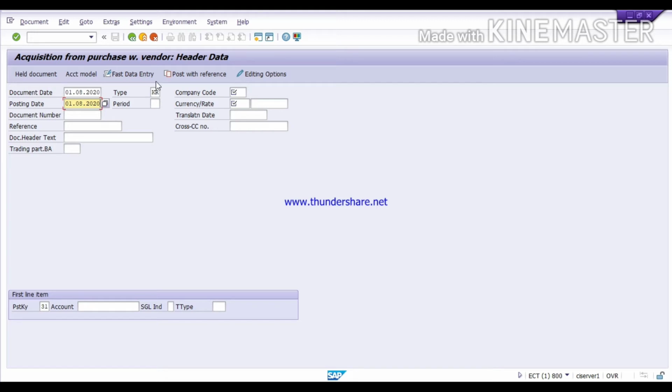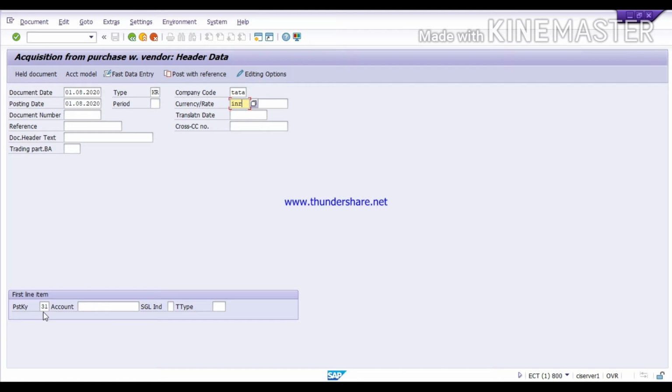And document type is KR. Here you can give the company code. Our company code is Tata. Give the currency, I am giving INR for India. Here the rest of the information you can give as per your invoice.